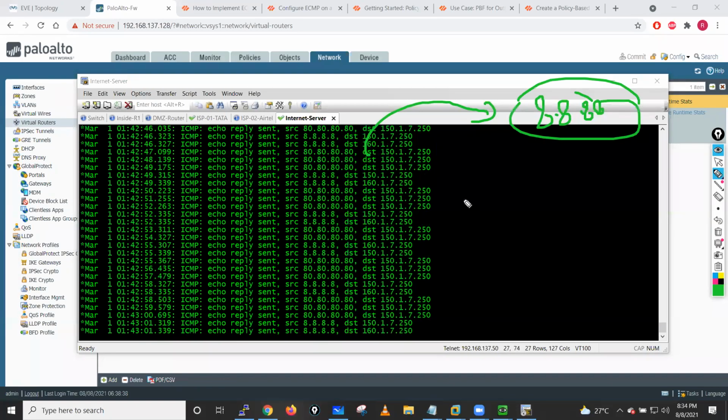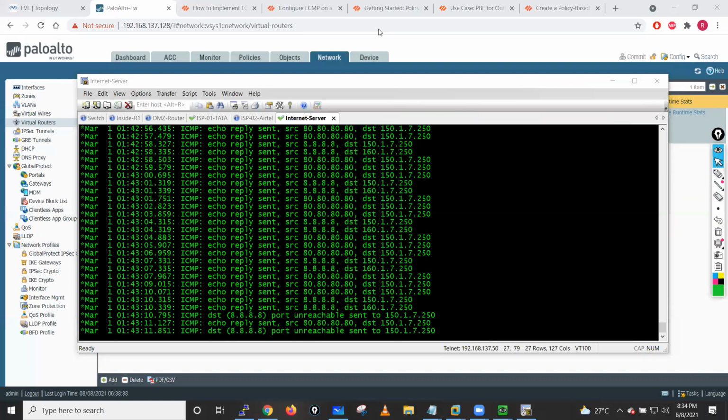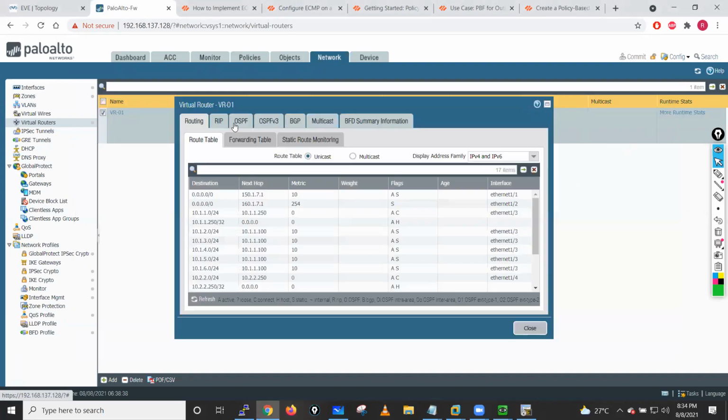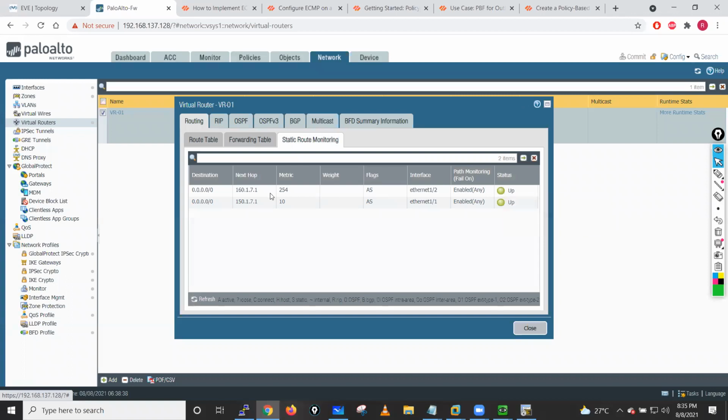So you will be able to see these IP addresses here, guys. Just look for 80 traffic. Right now 80 traffic is reachable via the primary ISP, right? And also if you go into your routing table, your primary route is in active state, right? Also, on static path monitoring, if you see, the path monitoring is in active state, the status is also up, right? The monitor has also succeeded. If you see the status is success, it means they are basically able to ping that IP